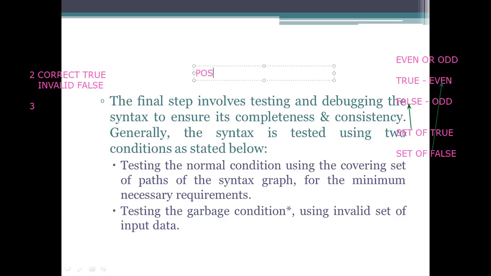We can say positive numbers and negative numbers: from the 0 line, to the left side we have the positive numbers, and from 0 to the right side we have the negative numbers. So these inputs we are taking will be different.